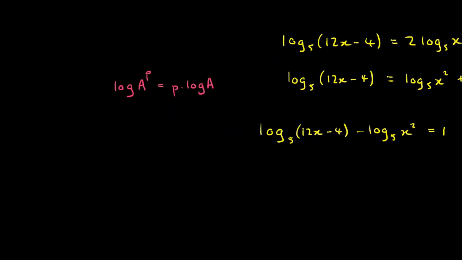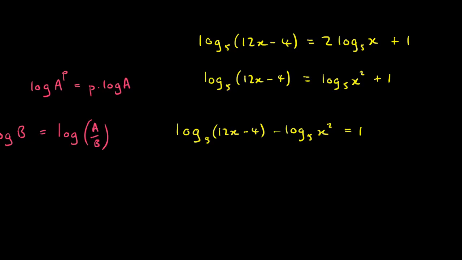So I can use another log rule, which is if I've got log a minus log b, that is equal to log of a divided by b, right? Where it must be the case that all the bases are the same, by the way. So I can rewrite this and say this is log base 5 of 12x minus 4 over x squared